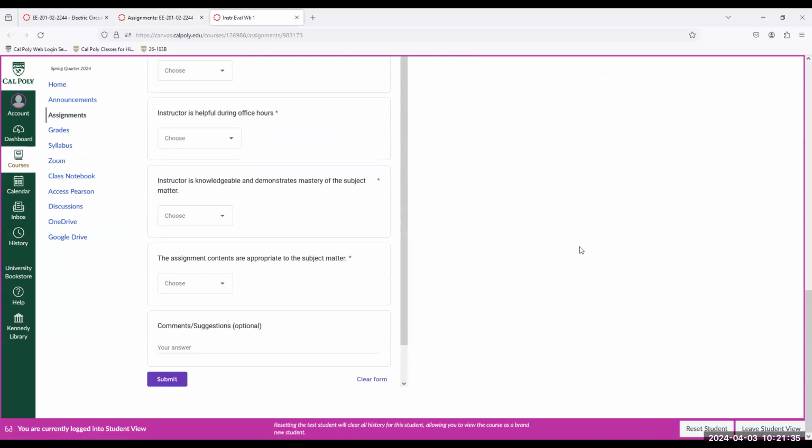It's simply the same questions that are asked in the official Cal Poly form. This is kind of an anonymous survey. It's a medium between the students and me. So if something is not working for you, feel free to write it down in there. You can write "he sucks" in there, but don't just say that. Explain why, so that I can make a course correction in real time, right?